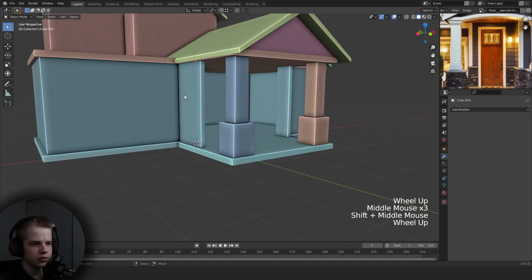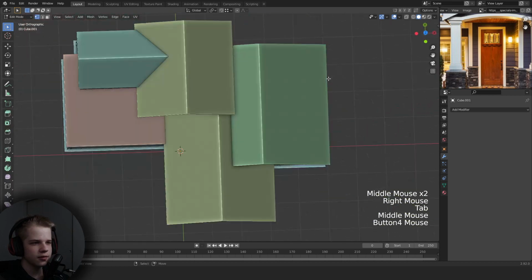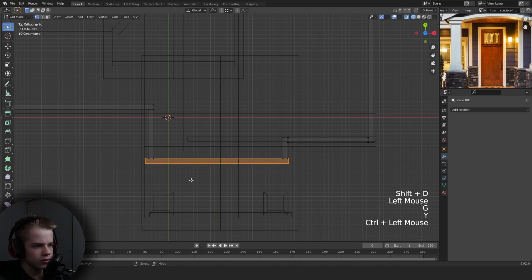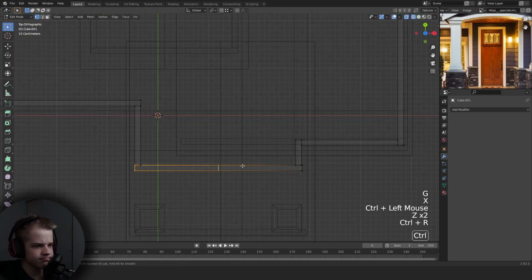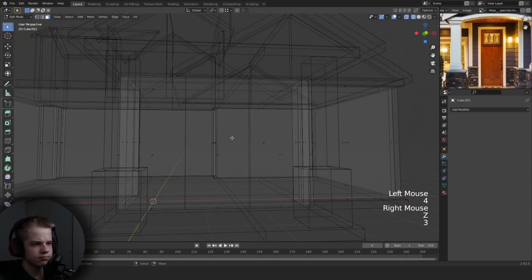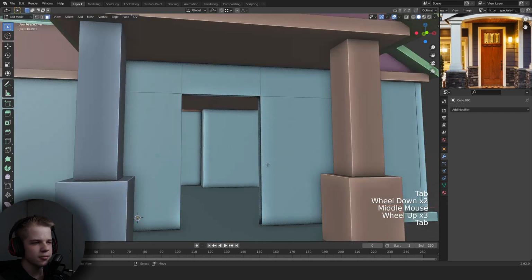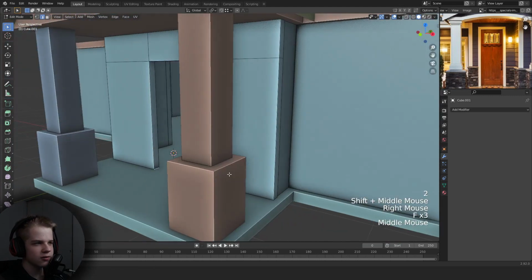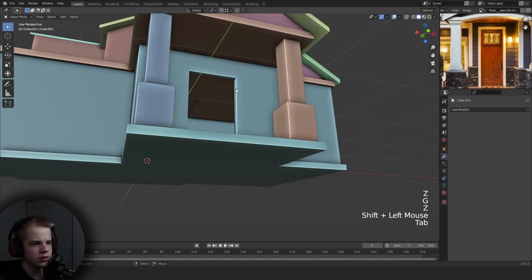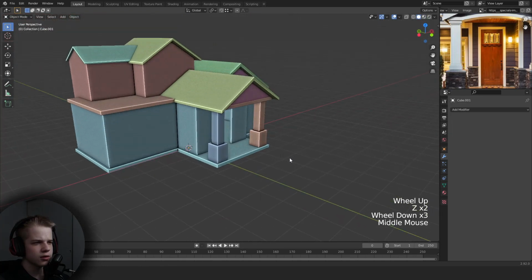Okay, so let's start working on this front entrance hall type thing. Okay, so I'm going to go add a piece that goes across. So like this, and then like here, and then F, so here, and then let's actually drag this door down a bit. Okay, that looks fun. So like that,